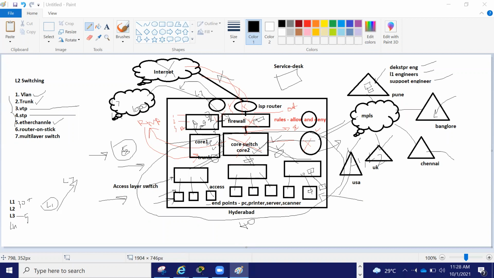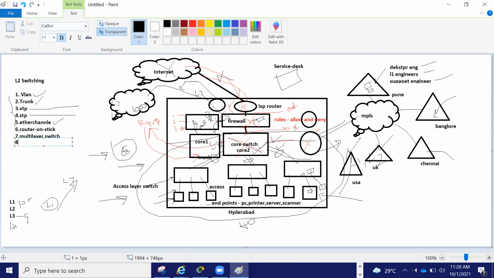That's why a new technology came into the picture, called gateway load balancing protocols. It has three protocols: one is HSRP, one is VRRP, and GLBP.